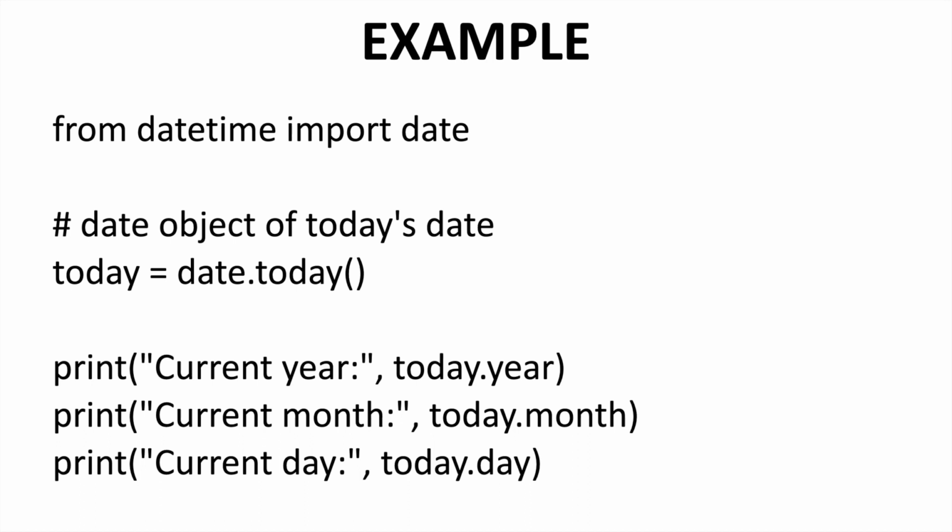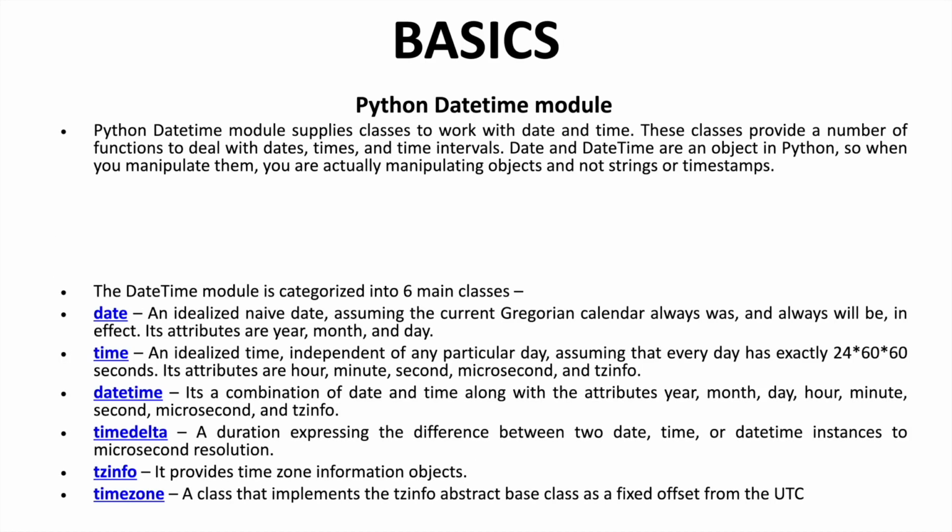So you can print the current year with today dot year. The current month will be printed with today dot month. The current day will be printed with today dot day. You need not track any of this. Everything is already there. You are just using that in the program. Okay,